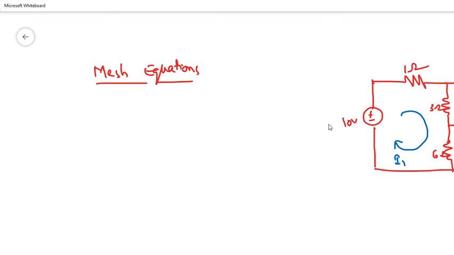So now we need to write the mesh equations. How many mesh equations will you get? 3 loops are there, so we are going to get 3 equations. Write the first equation, which is for the first loop, by considering loop 1. Write down the mesh equation here. In loop 1, we have a voltage source and 3 resistors. For the voltage source, what is the current direction? The current is entering at the negative terminal of the source, so we need to take the voltage value as positive.